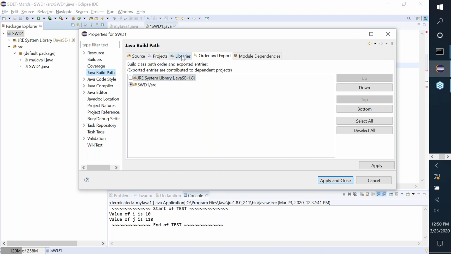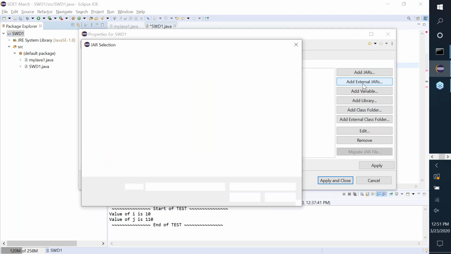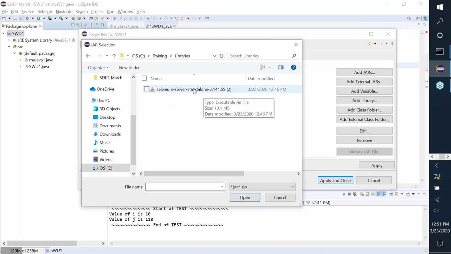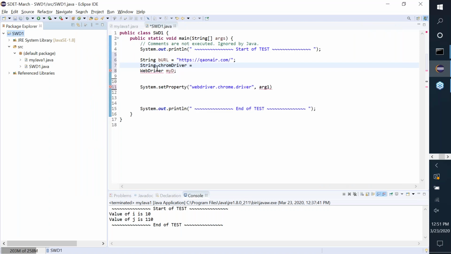Here, what I'm interested in is the library section, and I can add external jars to it. When I click on add external jar, and I go to our training, and I go to libraries, I'll see only one, the Selenium server standalone. The Chrome driver is an executable file. I'll tell you where we can use that. So once I open that, apply and close, you would now see when you take your mouse over WebDriver,